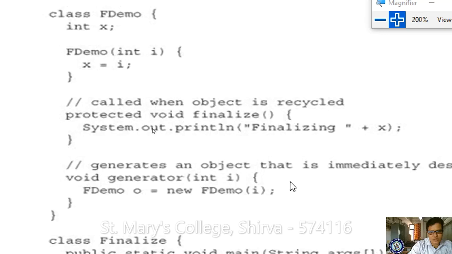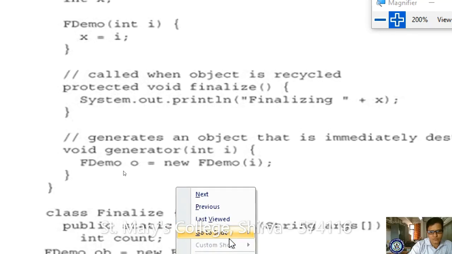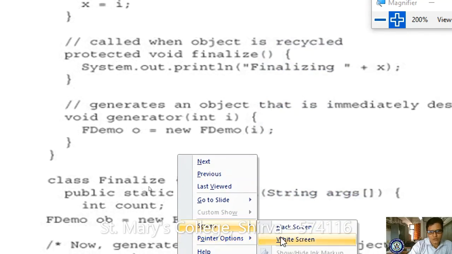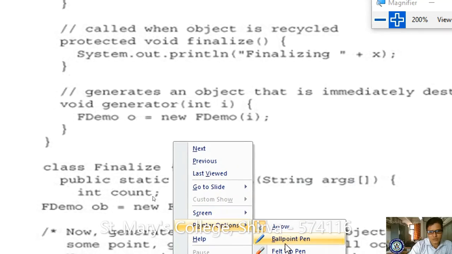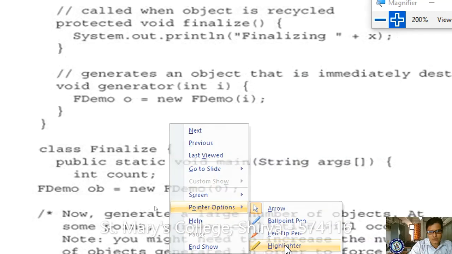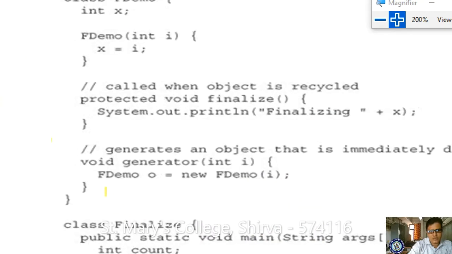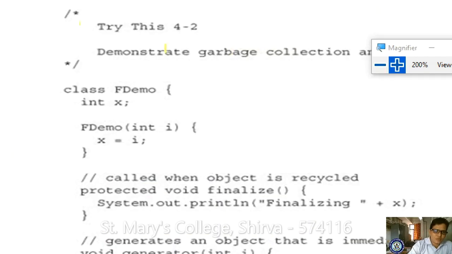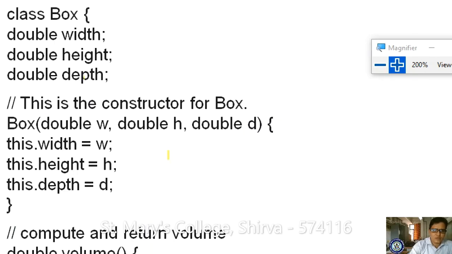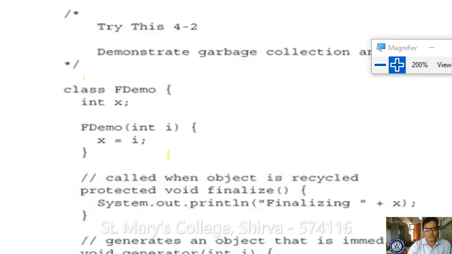Please observe here. For this class, what are you creating in this statement? You are creating an object of this class. So what is the name of the object? Here the object of the class is O. For which class are you creating it? For the same class. Clear? Yes, just a minute. For the same class you are creating it.